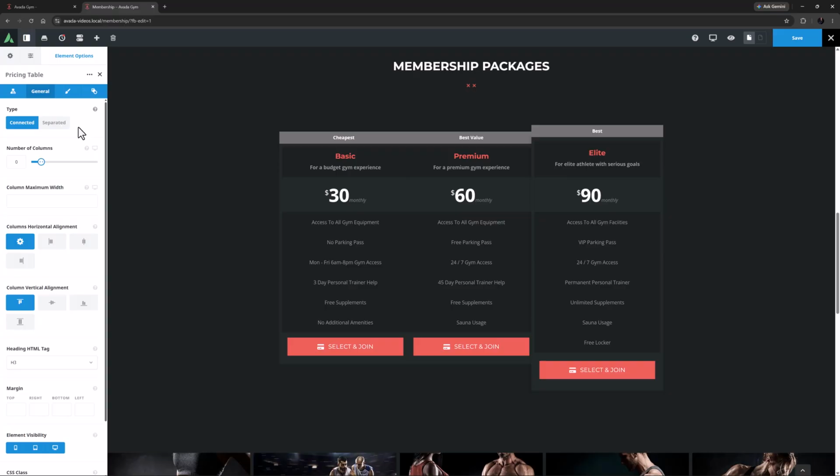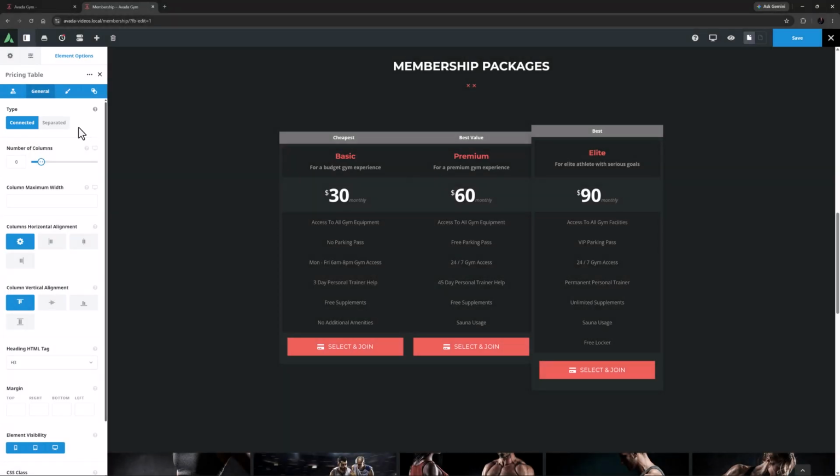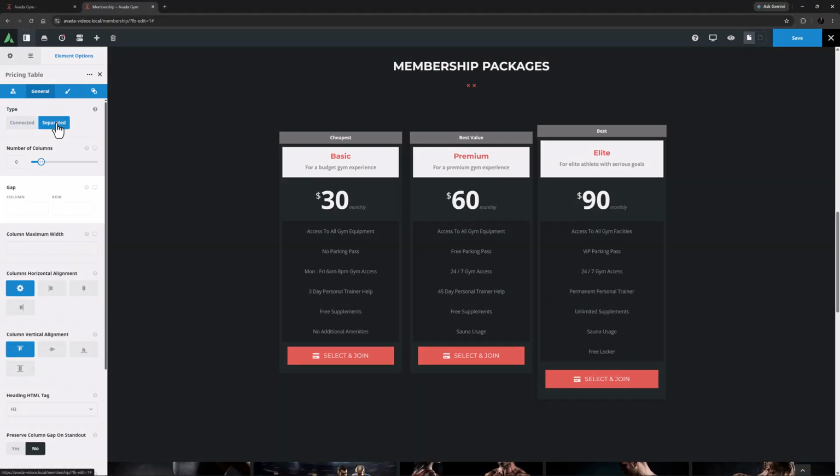as a whole. The first option is type. Gone are the 2 styles this element used to have, as now you have full control over the styling of every aspect of them. So in effect, you can create as many styles as you want. With types, there are now 2, connected pricing tables or separated. For my example, I'm going to leave this on connected, but if you choose separated, you also get a gap